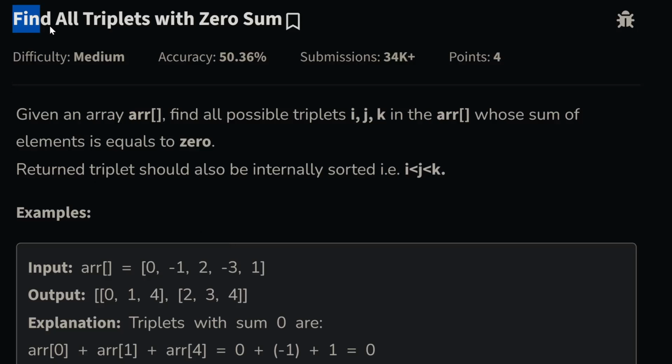Here we go. We have a question. Find all triplets with zero sum. You are given an array and we need to find all triplets in the array whose summation is equal to 0. And the triplets are not elements, they're indices. So we need to return triplets